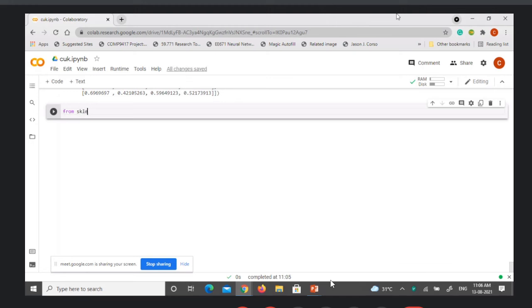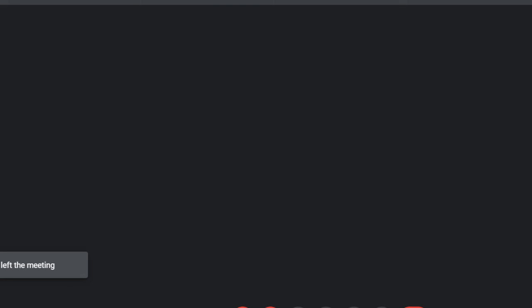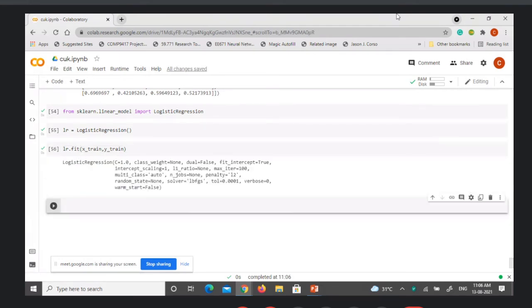From sklearn dot linear_model import LogisticRegression, and say LR equal to LogisticRegression, calling the corresponding constructor. What you need to do is just call the fit method by passing the training samples and the corresponding labels. That's all. The logistic regression has been applied.